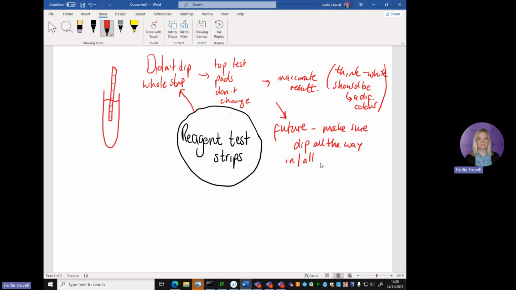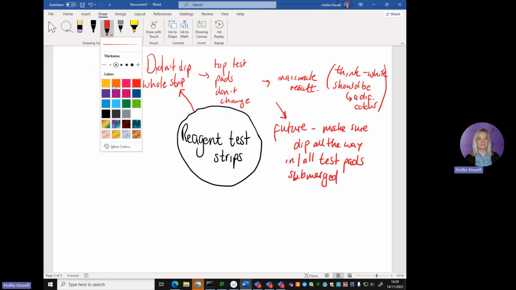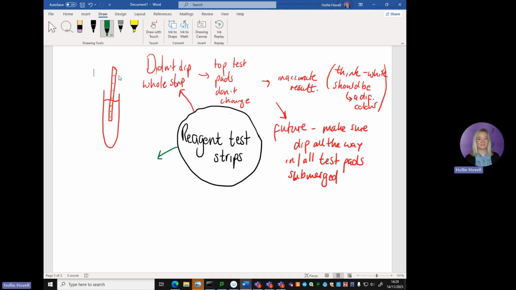So all test pads are submerged. Okay. Now the next thing that you're meant to do with these reagent test strips is you're meant to read the colour after 60 seconds. Okay, so you take the test strip out and you lay it flat,